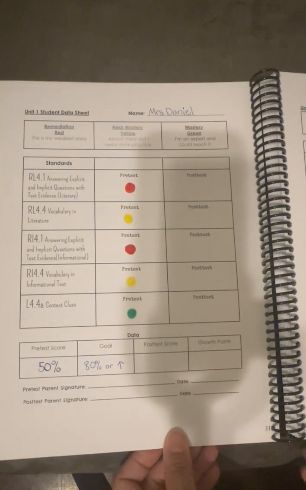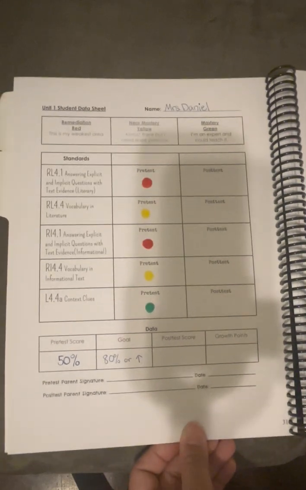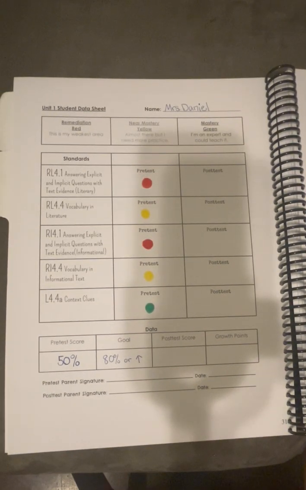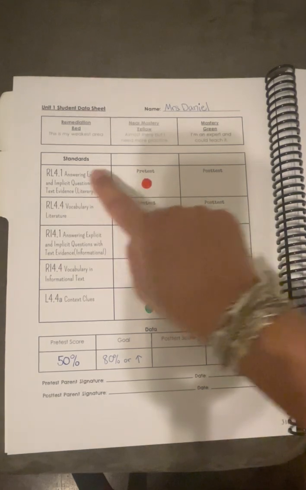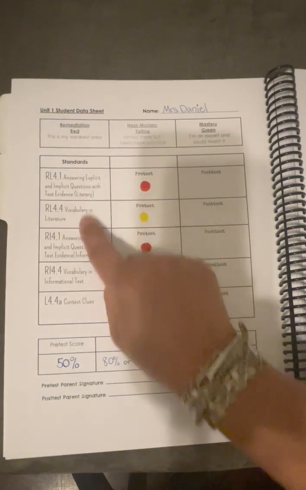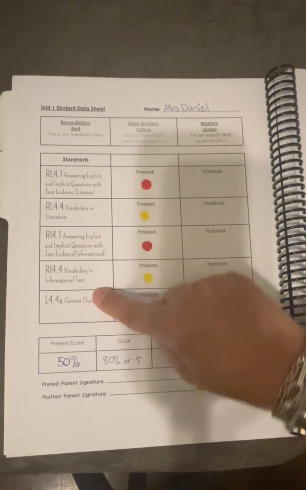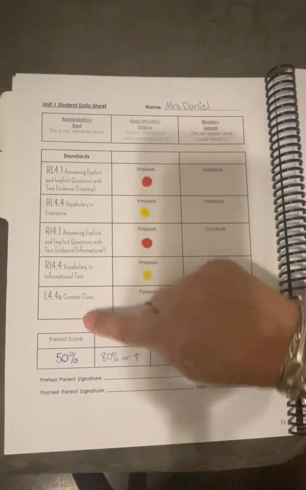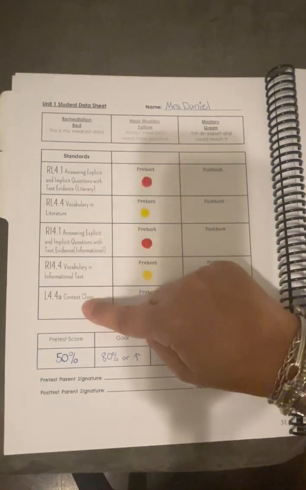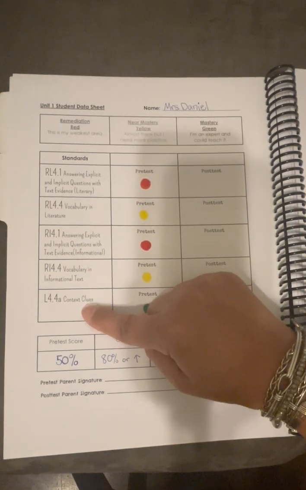I know that's hard to see in this video, but you'll be able to see it closer when you're looking at your child's interactive notebook. In the first column of the chart, we have what standards will be taught in this unit. This tells you what will be on the coming test. So on the post-test,